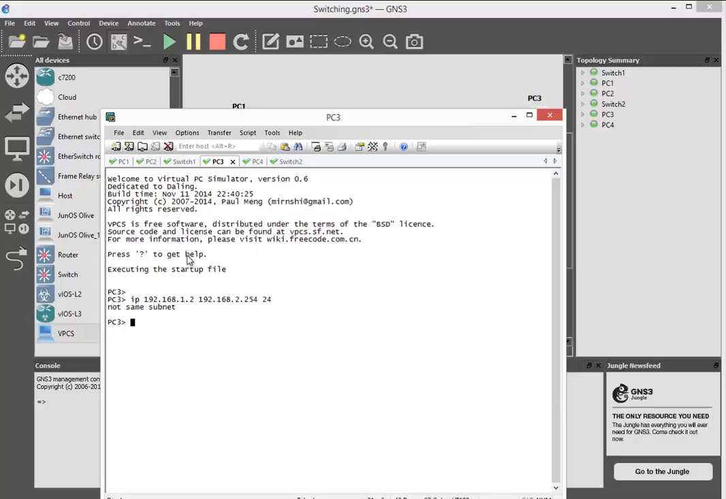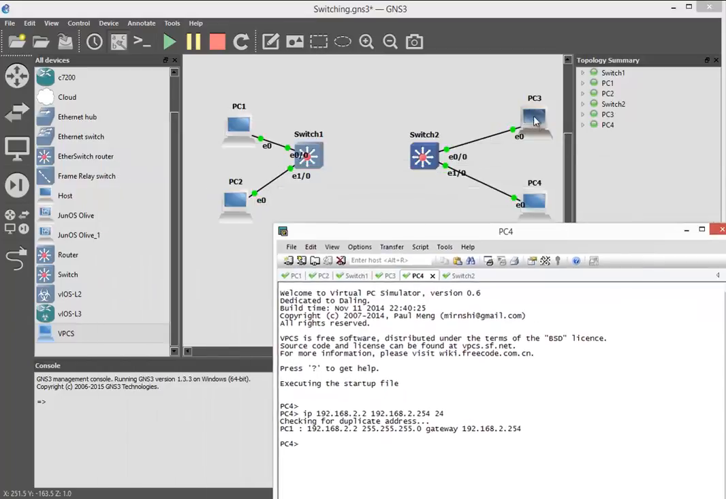192.168.2.254, and not the same. Oh yes, that's right. I'm sorry. 1.255.254. And in PC4, I assigned the IP of 192.168.2.2, 192.168.2.254, and 24. I don't want to assign these PCs to the related VLANs because first I want to ask VTP to